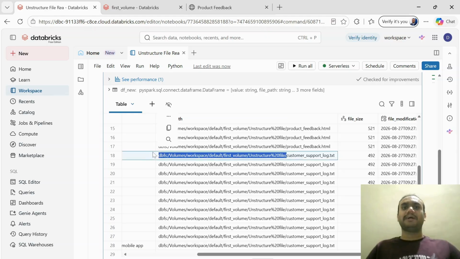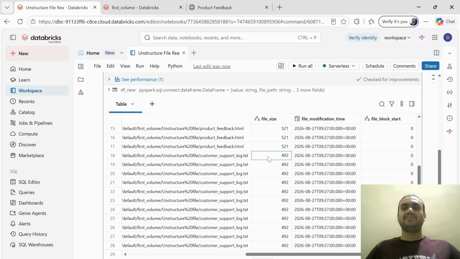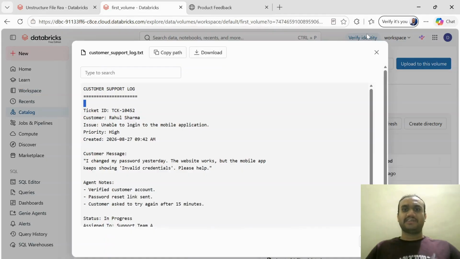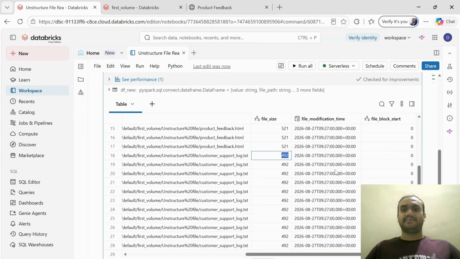This is your folder path, while this is your file name. Other than that, file size is 492 bytes. We can cross verify from here. Yes, customer support file is 492 bytes. File modification time is 27th August, which is today because I uploaded the file today. And file block start has the value 0.